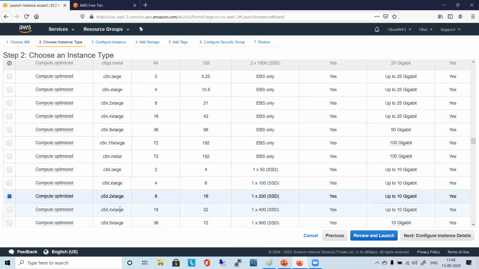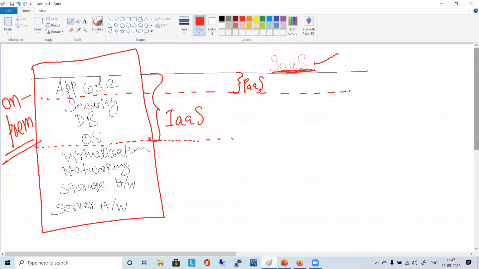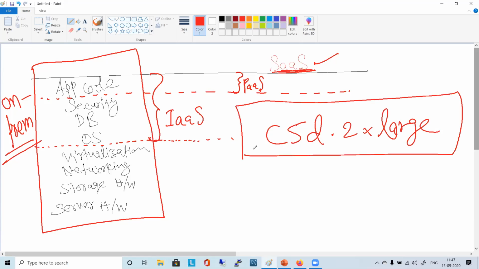You need to choose that, right? So say like C5D 2x large. I have chosen C5D dot 2x large, right?